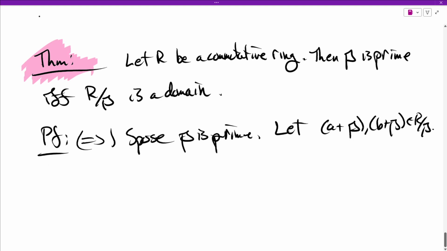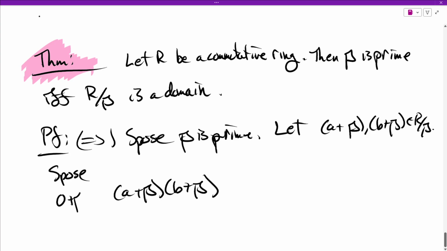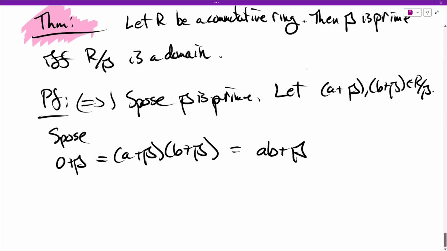So let's take two elements in that quotient ring, and suppose that when we multiply them together, we get 0. The definition of the product is you multiply the coset representatives A and B. So what this is telling us is AB plus P is the same as P,